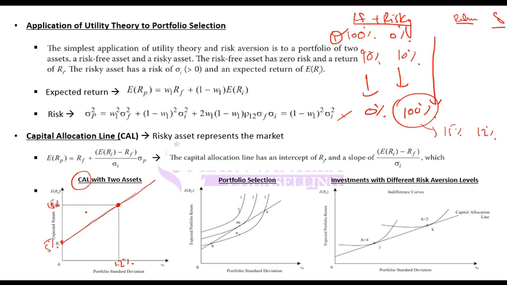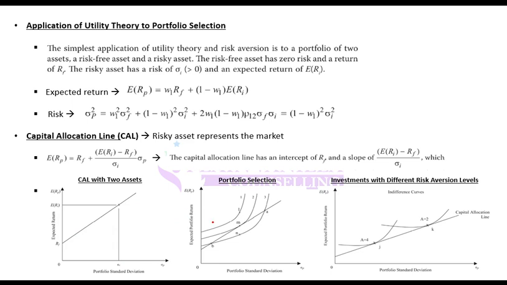So capital allocation line is kind of a budget line, you can say. It would tell you all the possible combinations that can exist. It can tell you that by using this risk-free asset and this risky asset, you can form all these possible combinations. So you can take 5% return with no risk, you can take 15% with 12% risk, or let's say you can take 10% return with, for example, 6% risk, and so on. So all these combinations, CAL will tell you all the possible combinations that are there to be achieved.